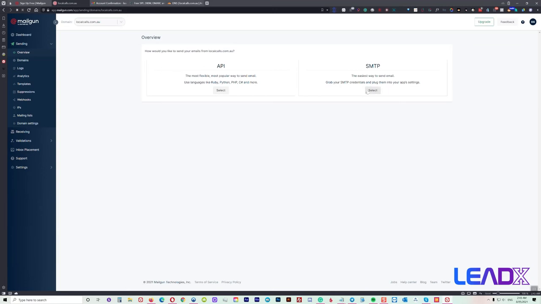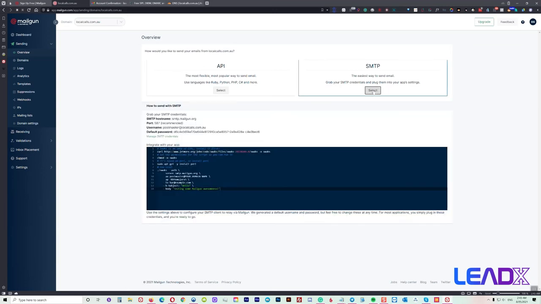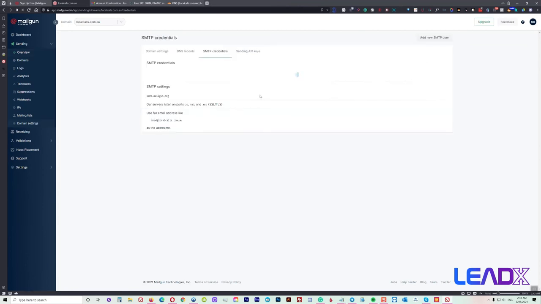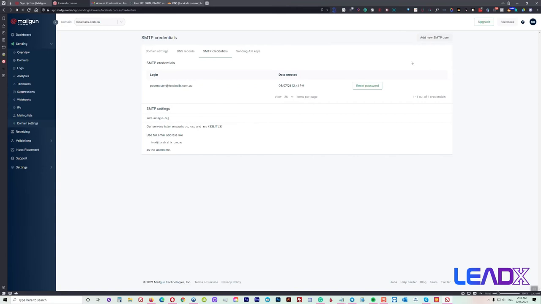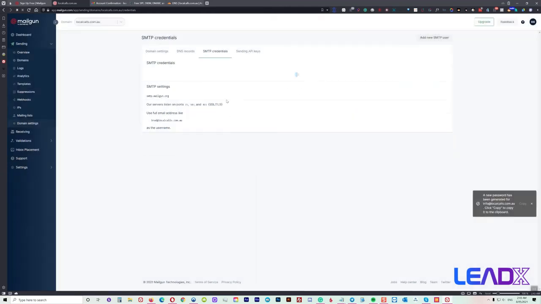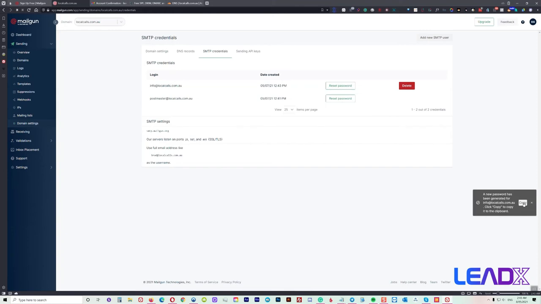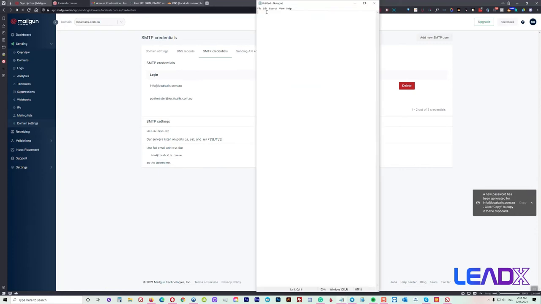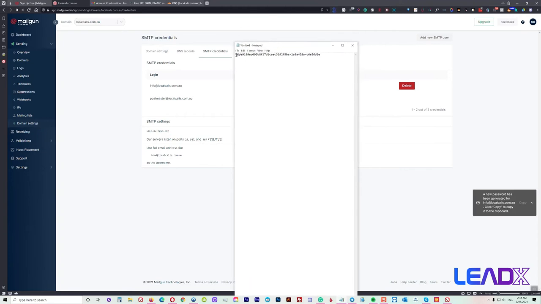Now you might want to do this one as well. Anyway, we'll go to this one here first. Right, so what we want to do is add obviously a user. So we're going to call him info. Now he's in there. Make sure we copy that password. So I usually just open up a notepad, so I'll put that password in there